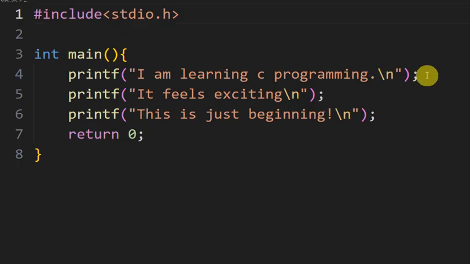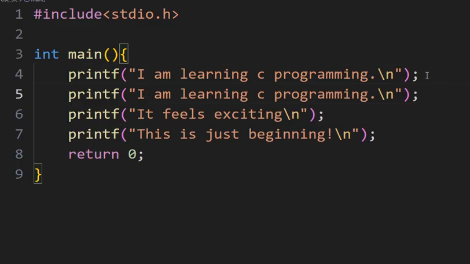Suppose that I want to copy this line. I will place my cursor over here and press Alt Shift and downward arrow, and it can replicate the line easily, and boom, the entire line gets replicated below. So this is a much faster way to